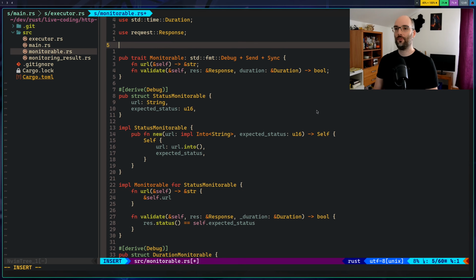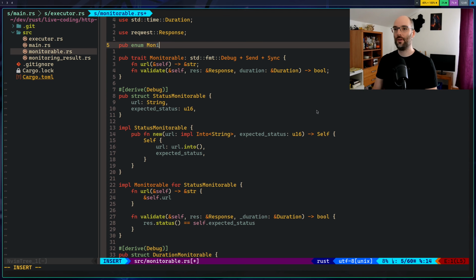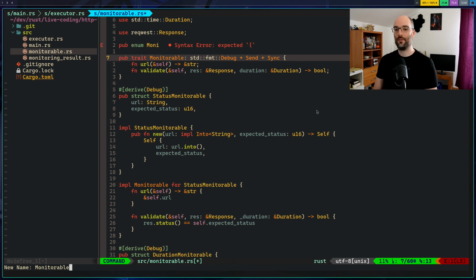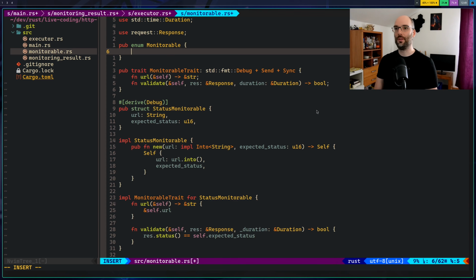So first things first, I think I want the enum monitorable here. Or let's do one quick thing. Let's just rename this so we're not getting in the way of ourselves, and have our new monitorable here.